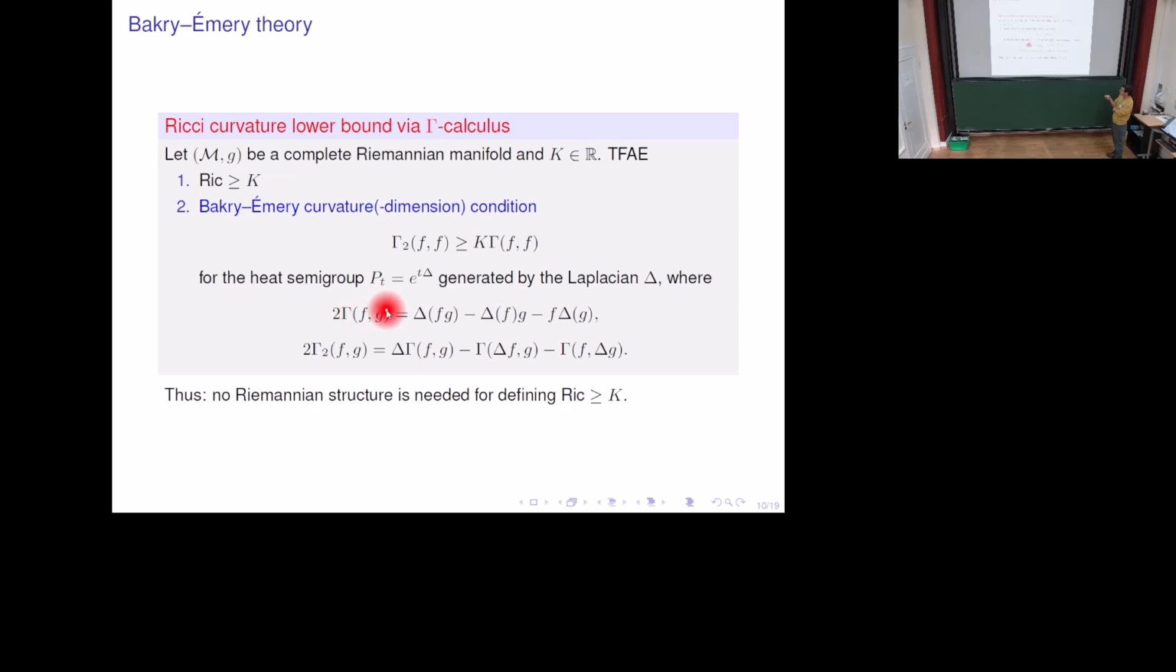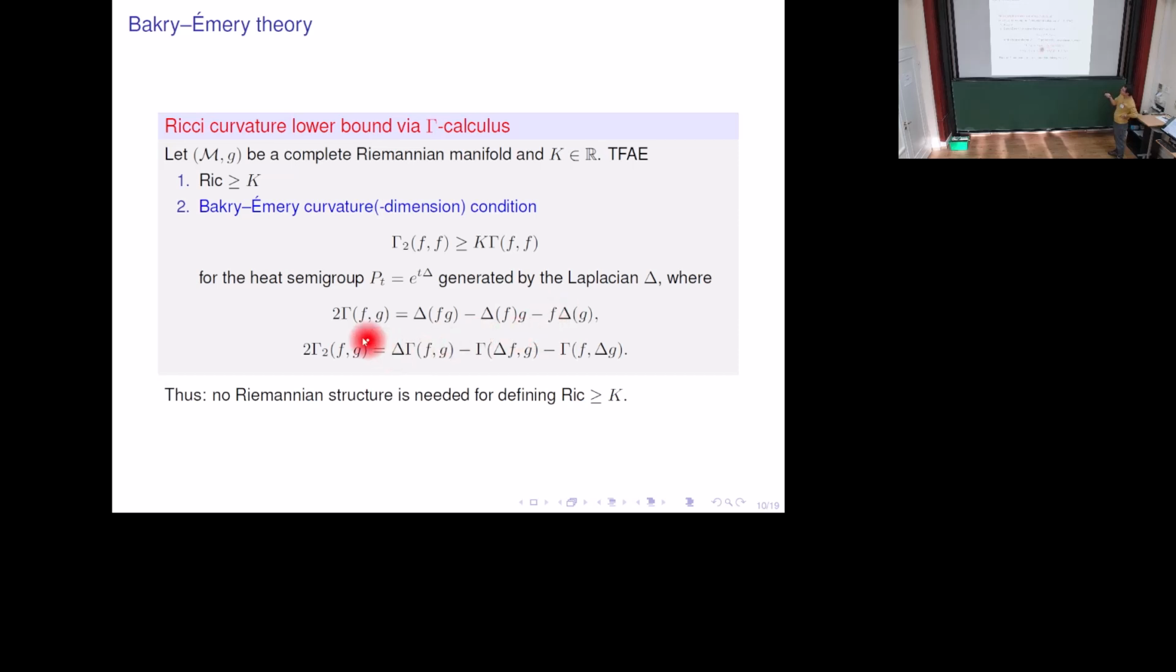This takes two functions to a function, and the function is defined as follows. So twice of this gamma of f, g is defined to be the following thing. You apply the generator to the product of f and g, you subtract the generator acting on f, multiplied by g, and symmetrically f times the Laplacian of g. This definition might seem weird if you see it from the very beginning, but roughly you can understand